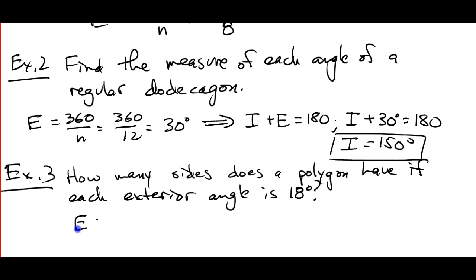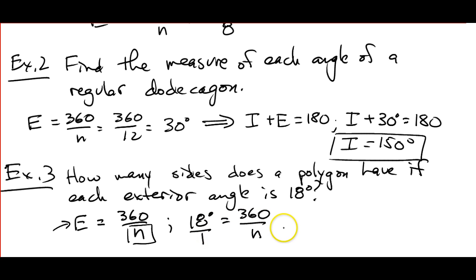Again, I know that E is equal to 360 divided by n, and now we're trying to find n, and I know what E is. So E is 18 degrees, so 18 degrees is equal to 360 divided by n. I'm going to put this over 1, so I have a proportion here, and then I'm just going to cross multiply. So I have 18n is equal to 360, divide both sides by 18, and I get n is equal to